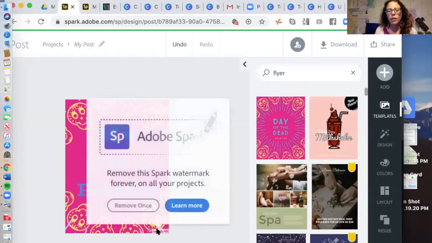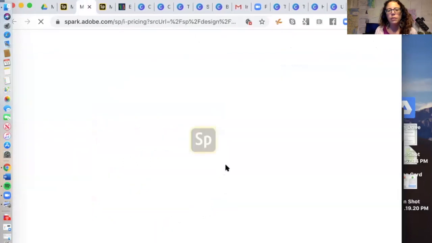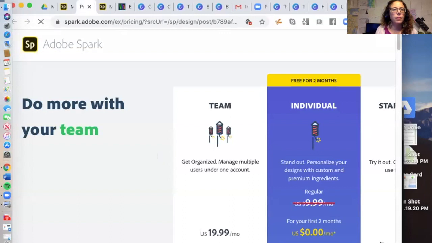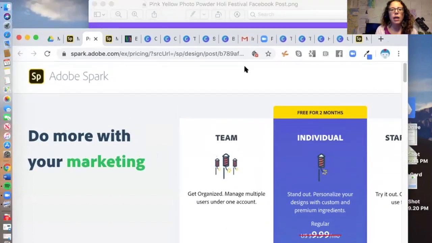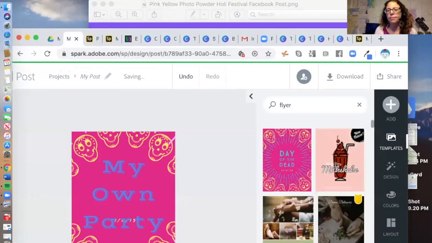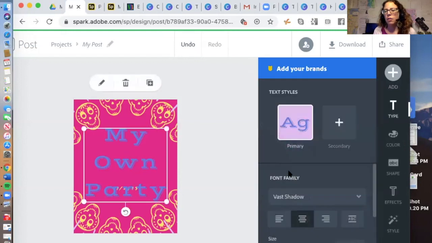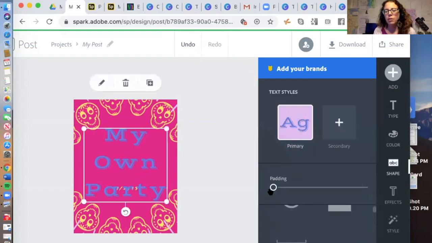If you don't want this, you can remove it. What happened? There it is. So if you don't want the logo to show up, you can take it off, and then you can change the shape